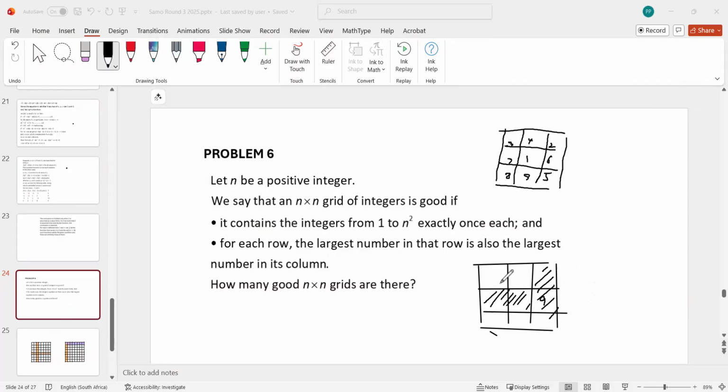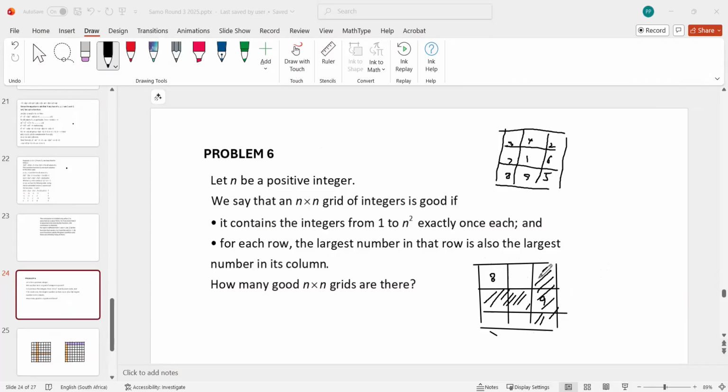Yeah, I take the second largest number and choose it anywhere inside this smaller grid. If I choose it here, for instance,